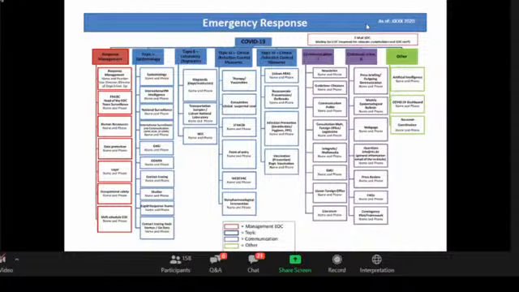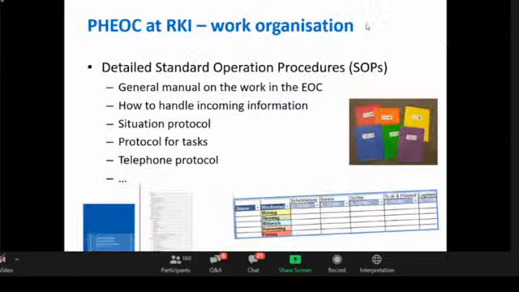And then we've got different topics in blue, like epidemiology, diagnostics, infection control measures, and so on. And there you've also got different subtopics, like, for example, points of entry. Then we have communication in purple, also, for example, the newsletter, but also who's responsible for the web page, for the FAQs, and so on. And then on the right, we have others, like, for example, who's responsible for the COVID-19 dashboard. Next slide, please.